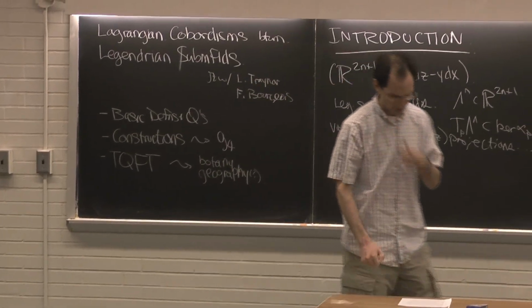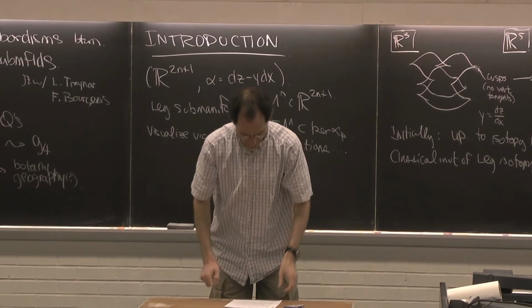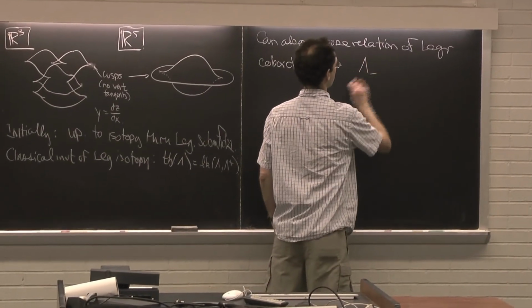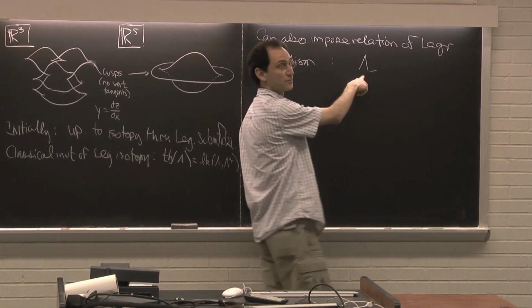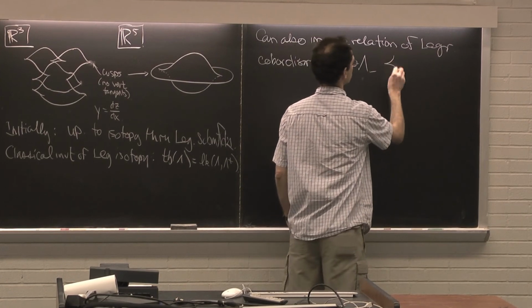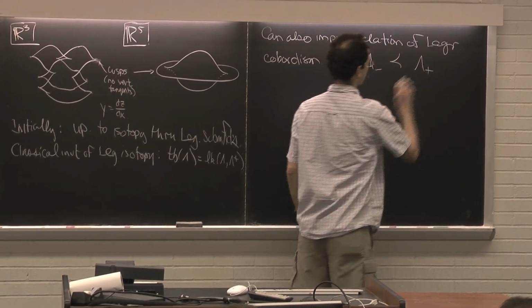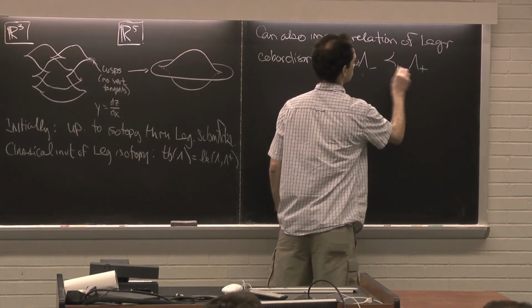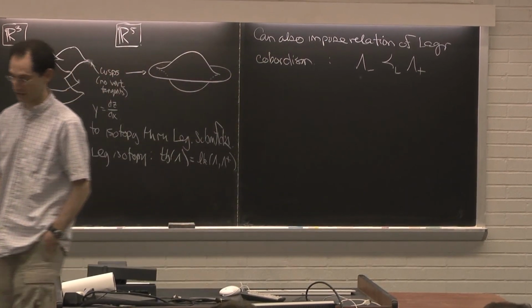And let me just say exactly what I mean by that. So we'll say that the Legendrian submanifold lambda minus is cobordant to the Legendrian submanifold lambda plus via a Lagrangian L